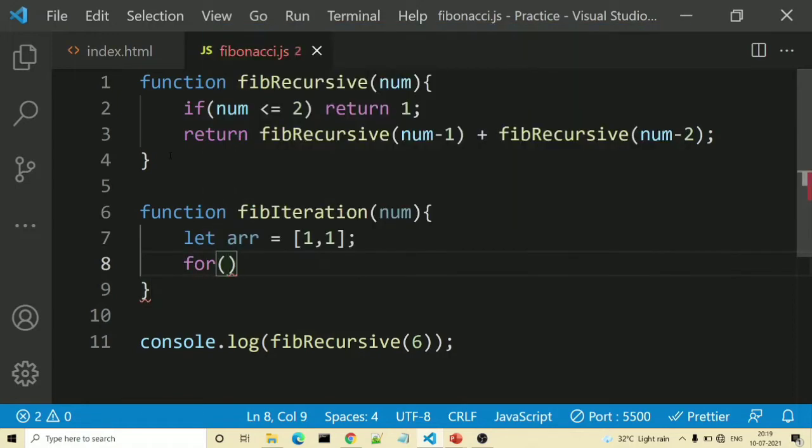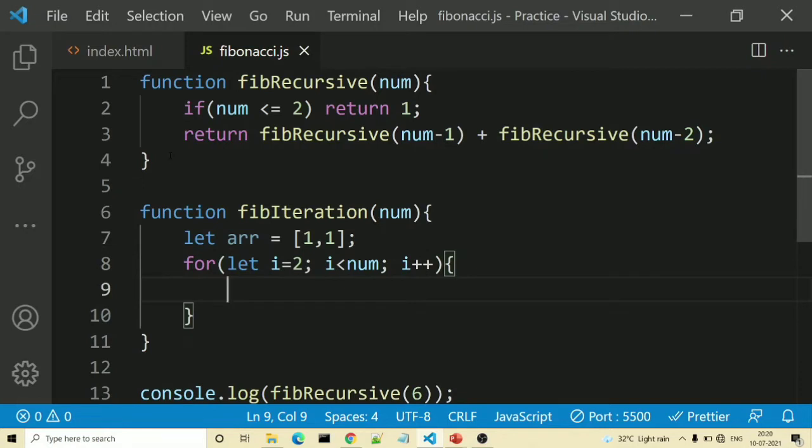So we will start with for let i is equal to 2, as 1 and 2 positions are already there. Then i should be lesser than num, and then i plus plus. And here we will keep on pushing the things. So we will write ARR dot push.